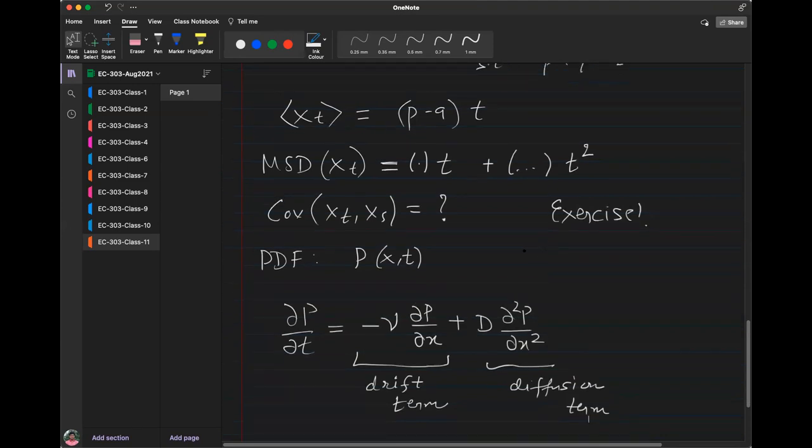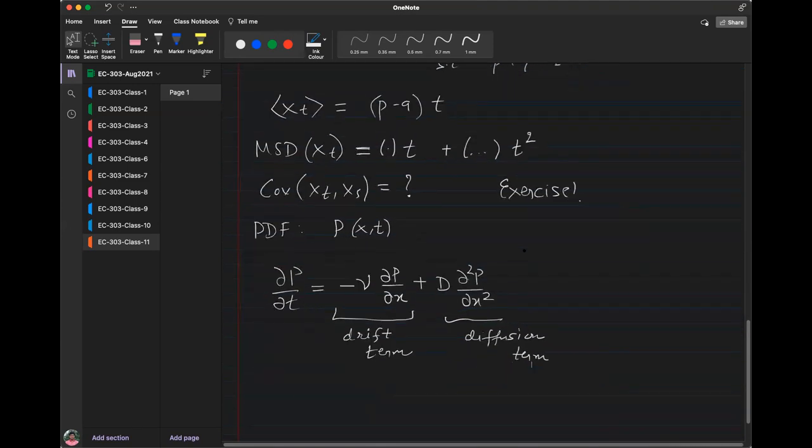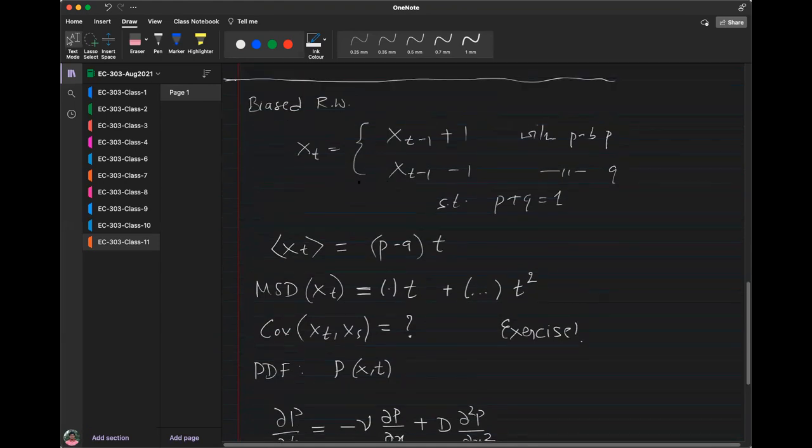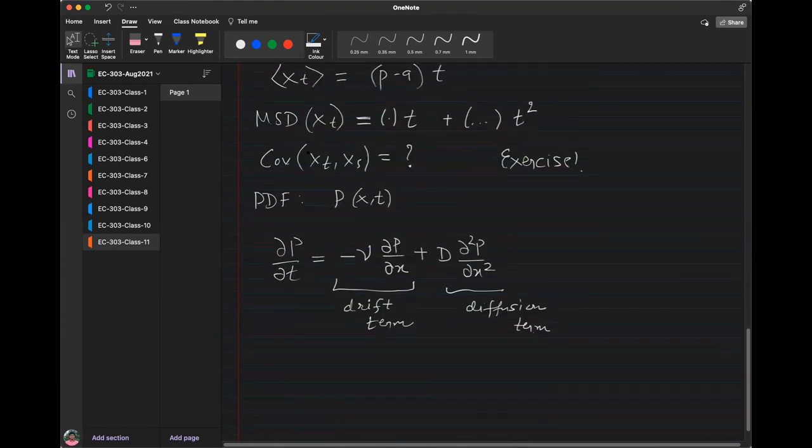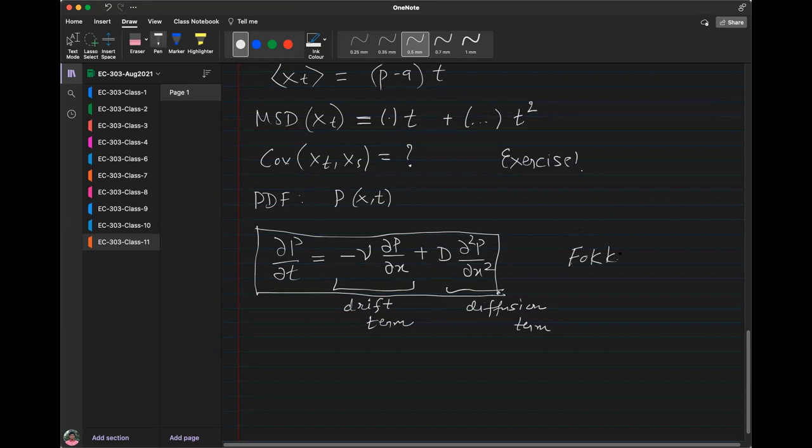Again, if you go back, this can be thought of as a dynamical equation for the state variable x. Whereas this is the description of not the state variable, but the probability distribution of the state variable. The equation that governs how the probability distribution changes, as we have already learned, we call the master equation. And there is another name, and in some limit, it's also called the Fokker-Planck equation.